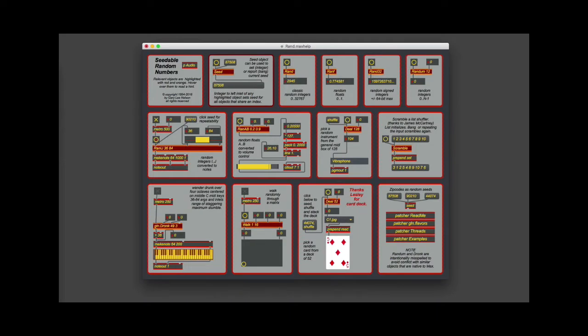I've been working on these random number generators since I started using Macs in the early 1990s. This is the introduction to the new, more polished versions with lots of examples. I'm going to open up a README patcher,